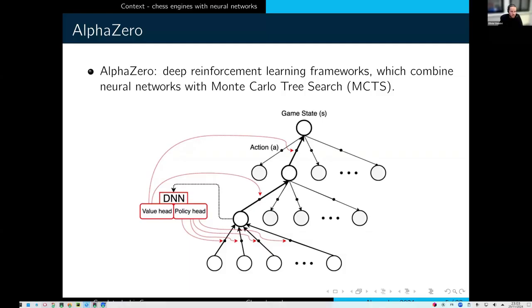Okay, so it's better. The AlphaZero algorithm is basically a Monte Carlo search algorithm guided by a neural network. For each position encountered in the tree, the neural network calculates two things. First, it calculates with the value head an evaluation of the current position, which will go backward in the tree. It also calculates with the policy head a probability that each possible move is the best move. So it helps to guide the search towards the most relevant sequences in the search tree.